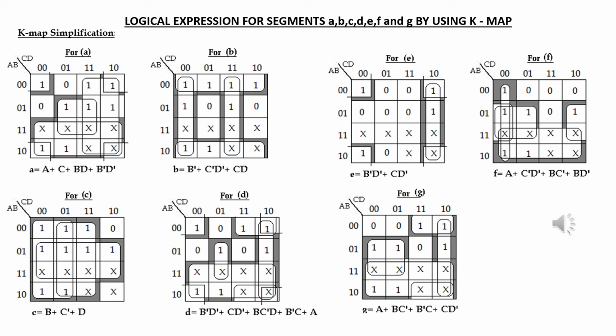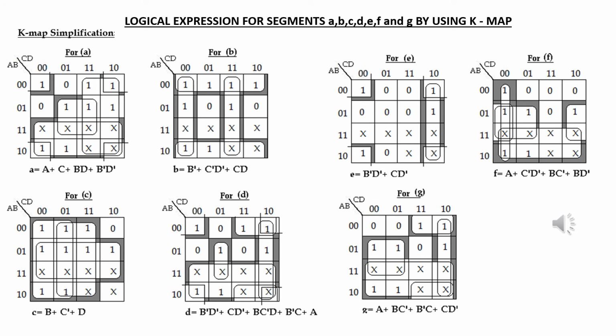In this BCD to 7 segment display decoder, we have the digits from 0 through 9. So after 9, we have to mark the entries in the K-map as don't care terms. For the values 10, 11, 12, 13, 14, 15, they should be marked as don't care terms in our 4 variable K-map. After simplifying this 4 variable K-map, we can get the expression for A as A plus C plus BD plus B bar into D bar. B bar into D bar can otherwise be stated as B dash into D dash also.